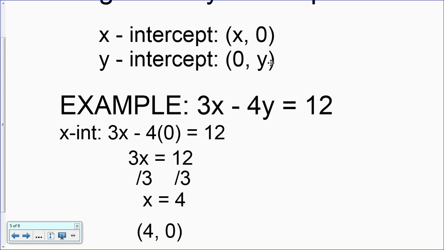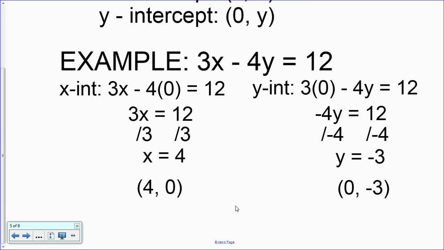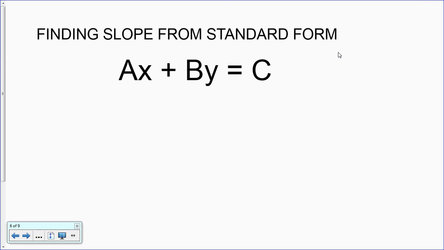For the y-intercept, I'm going to plug in 0 for x and solve for y. So that becomes negative 4y equals 12. Divide by negative 4. y equals negative 3, so my y-intercept is (0, -3). Easy peasy. Okay? So there's a shortcut that I'd like to show you about finding the slope, the x-intercept and the